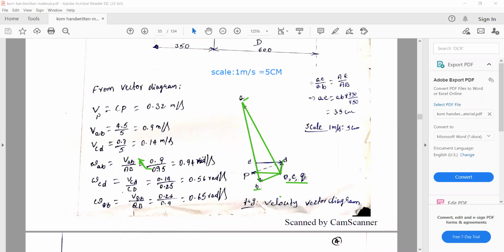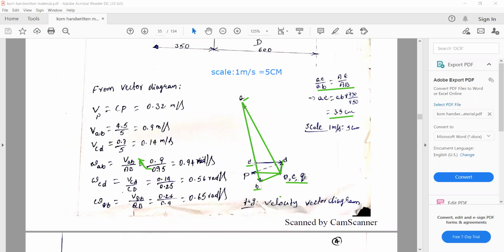For getting the E, you just have to compare the lines. So small AE by AB equals capital AE by AB. So small AE equals 3.5 centimeter. That means 3.5 centimeter from A. Just take the scale and measure the distance of 3.5 centimeter from A. So now you have to identify the E.